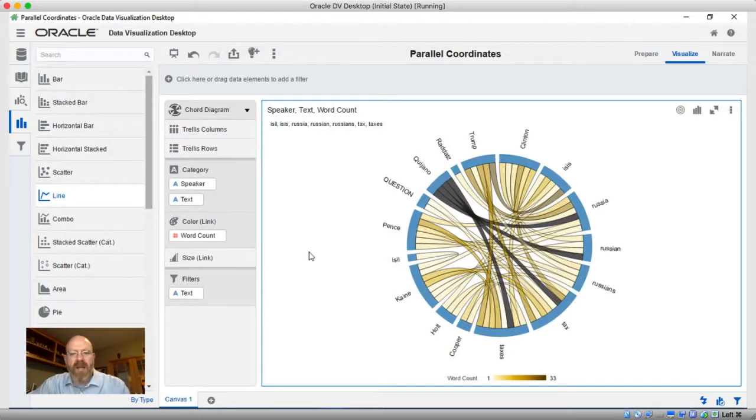This is one of the advantages of the chord diagram over the other two relationship models: it really emphasizes those relationships. You can see them more apparently. So that's the new chord diagram visualization in Oracle DV